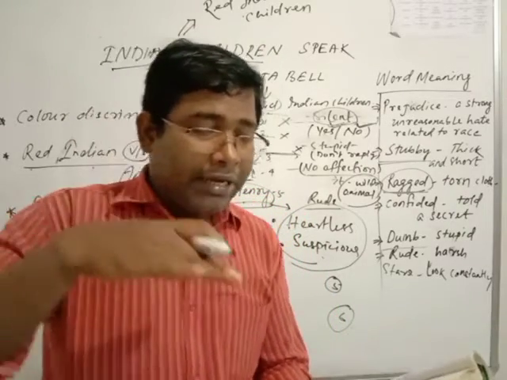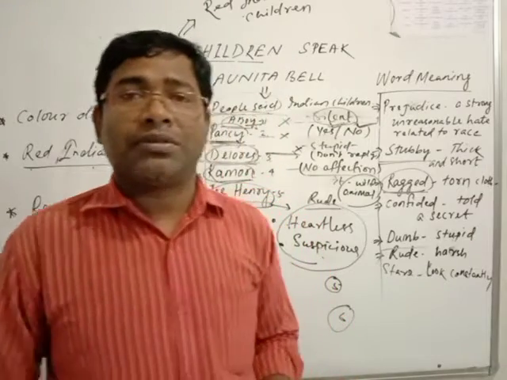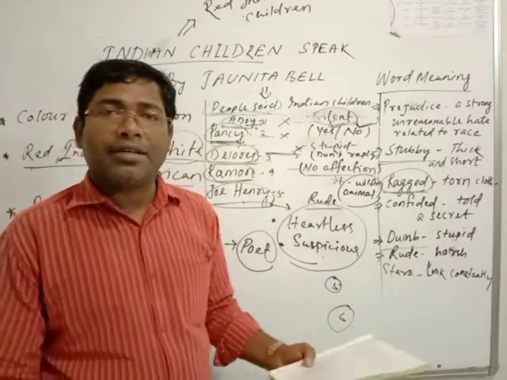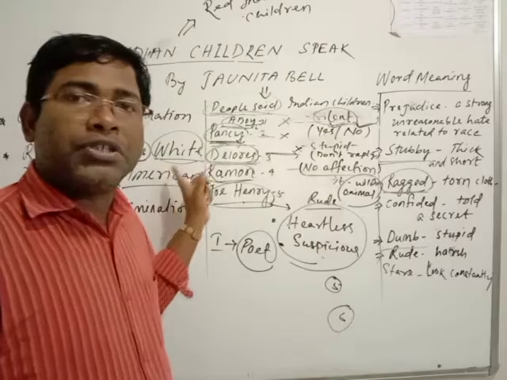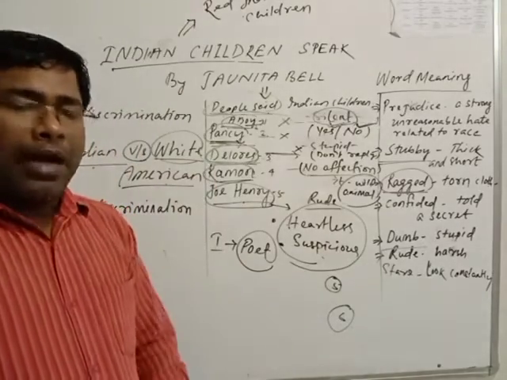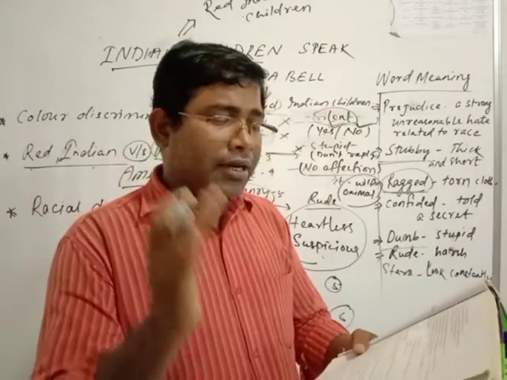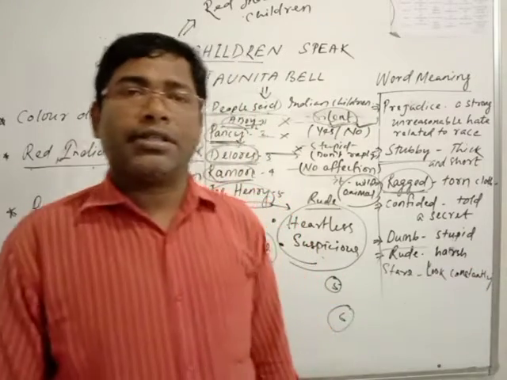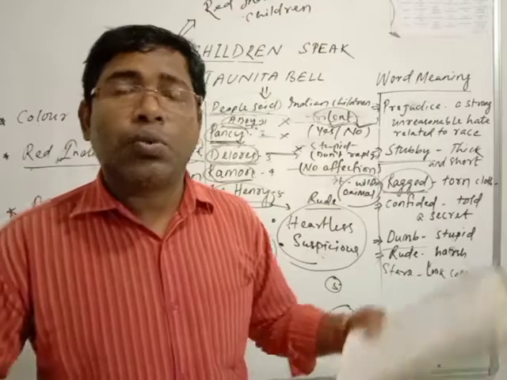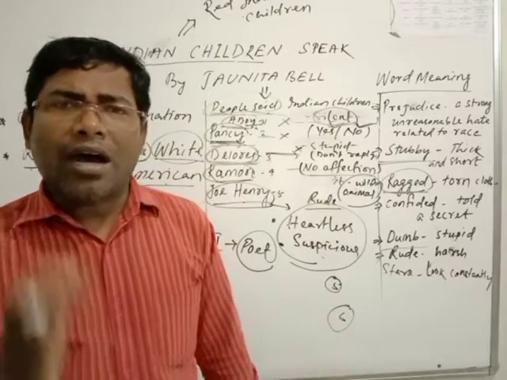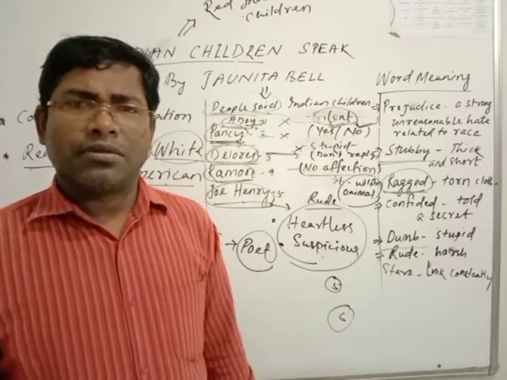and I slipped into the heart of an Indian land. Jonita Bell surrendered before the red Indian people's character. And the important line of this poem is "when iron doors swung wide." When iron doors swung wide. What is the iron door? The door